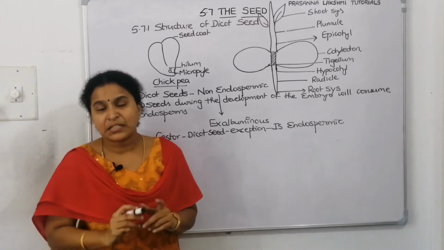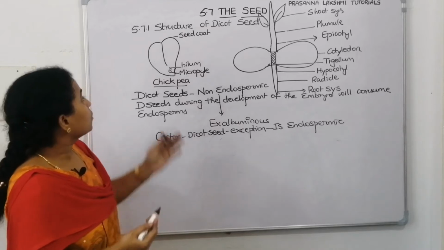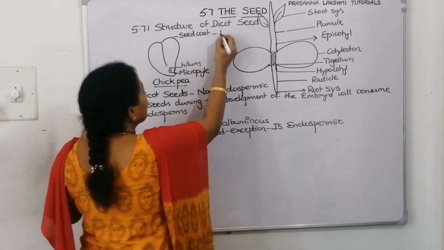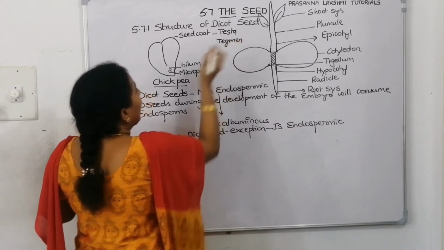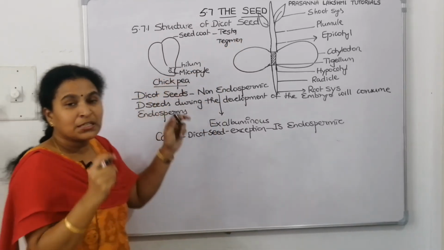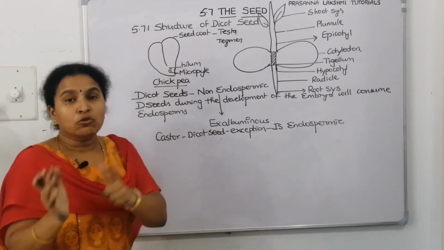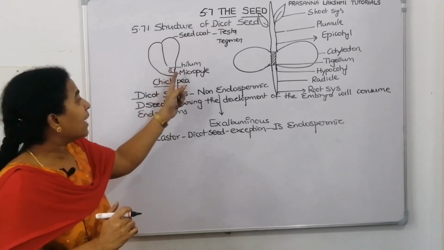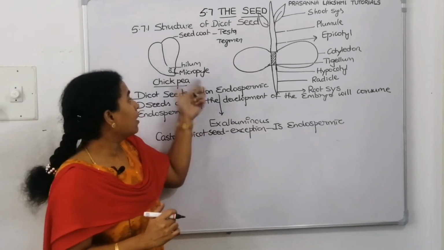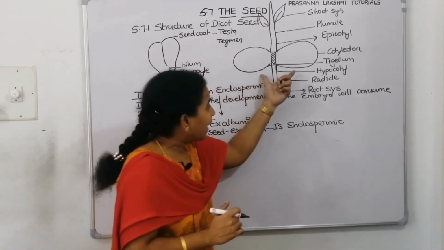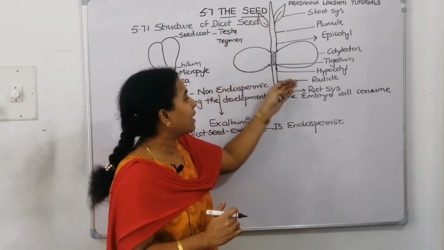In dicot seed, what did we discuss? We discussed that the dicot seed develops from the ovary and the ovule. So it has a seed coat. The outer seed coat is called testa. The inner seed coat is called tegmen. And it has a micropyle, which represents the place of the ovule micropyle. The hilum is a place where it was attached to the ovary, that's placentation. We told hilum is above the micropyle. Above the hilum, there's a small pore called micropyle. And when we open a dicot seed, we are seeing both the cotyledons, epicotyl, hypocotyl, the shoot system and the root system.